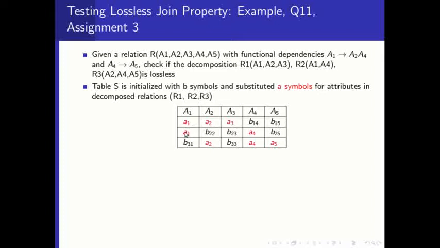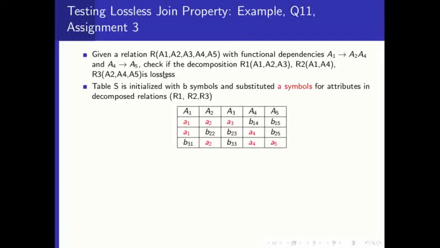These rows have A1. Therefore, A4 is the attribute on the right Y side. X determines Y is an FD. Corresponding to the Y side, there is an A symbol. If so, then B14 should be replaced with A4, because these are the rows with the same X values or A symbols. This is the Y attribute, and corresponding to that there is an A symbol, A4.